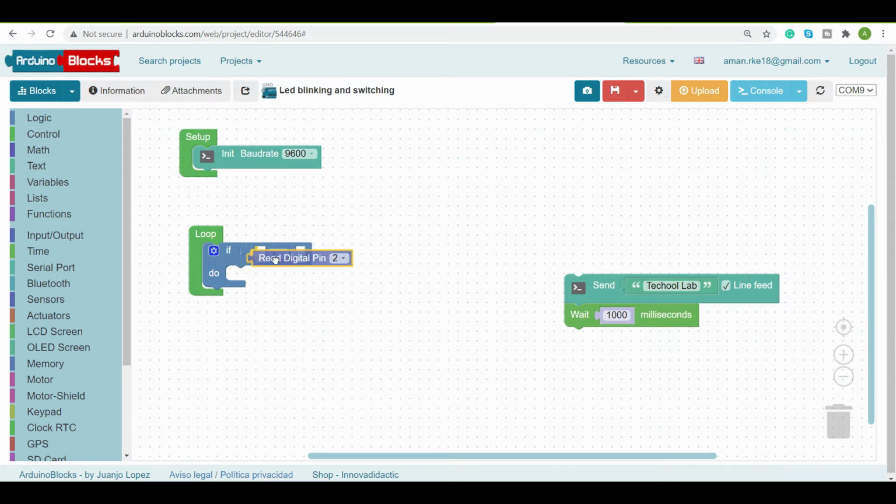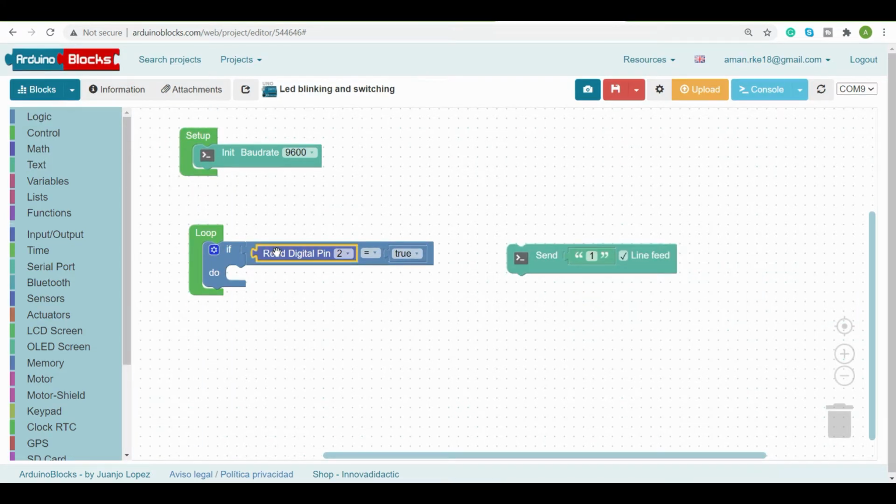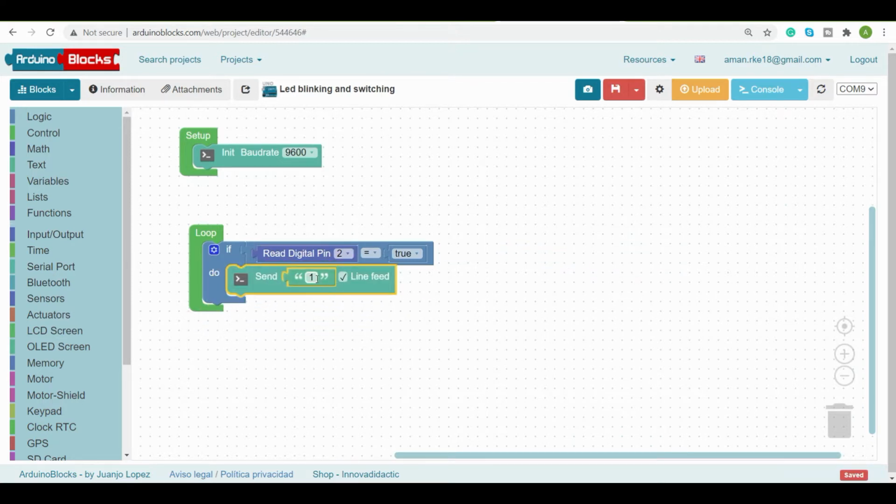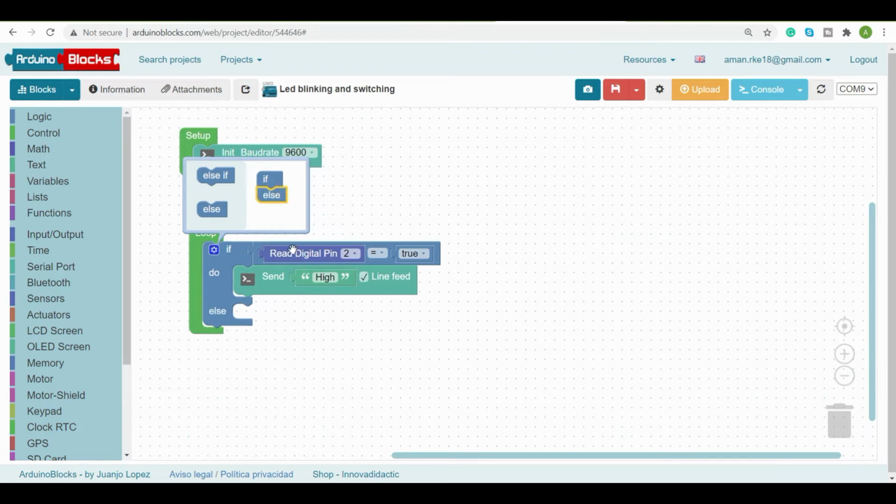So if read pin 2 is true, we'll send, or will display on the serial monitor, high. So we'll write high. Else, we'll make a modification here, else write low.